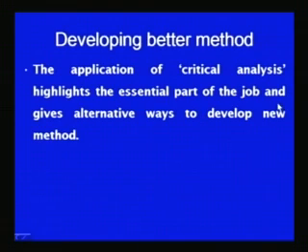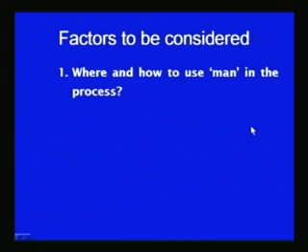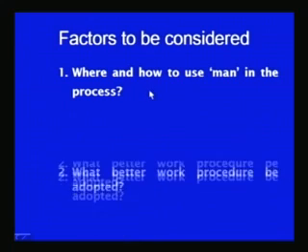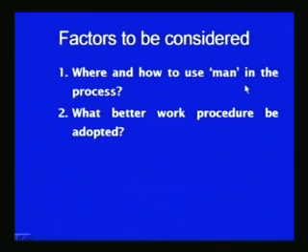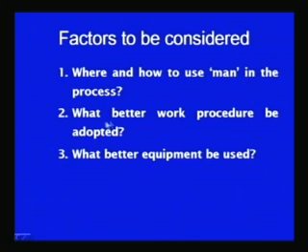So, after identifying the presence of ineffective time and carrying out the critical analysis of the existing method, the inputs of these two areas are used to develop the new method. Application of the critical analysis highlights the essential parts of the job and also gives the alternative ways to develop the new method. So, for developing a new method, we should consider some of these factors like where and how to use the manpower available in the process, what better work procedures can be adopted to reduce the operator's fatigue and the time required for carrying out a given job, and what better equipment can be used